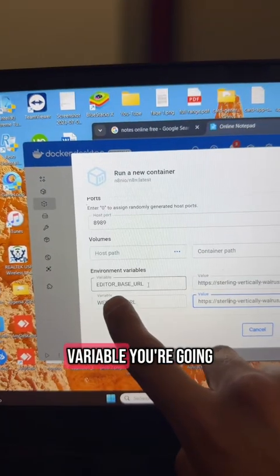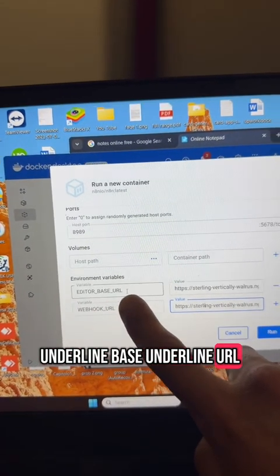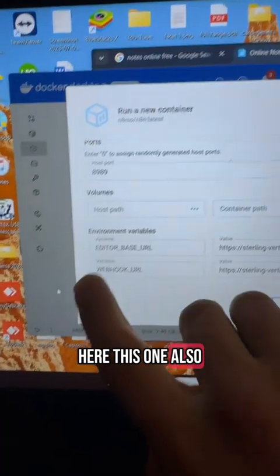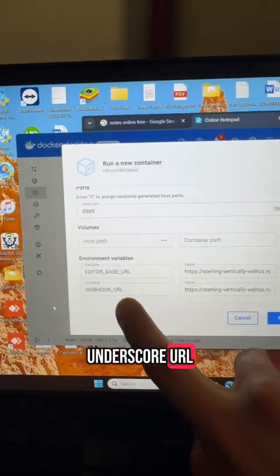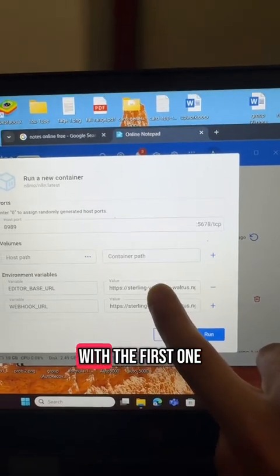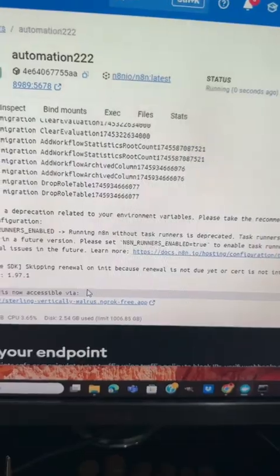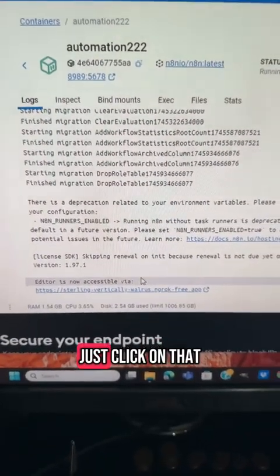For the first variable, you're going to type EDITOR_BASE_URL, and the value is going to be the URL which we got here, this one. Also at the second variable, you're going to type WEBHOOK_URL, and the value is going to be the same as the first one. Now just click run and wait for it to finish. So it was successfully created, and this is our new URL. So just click on that,